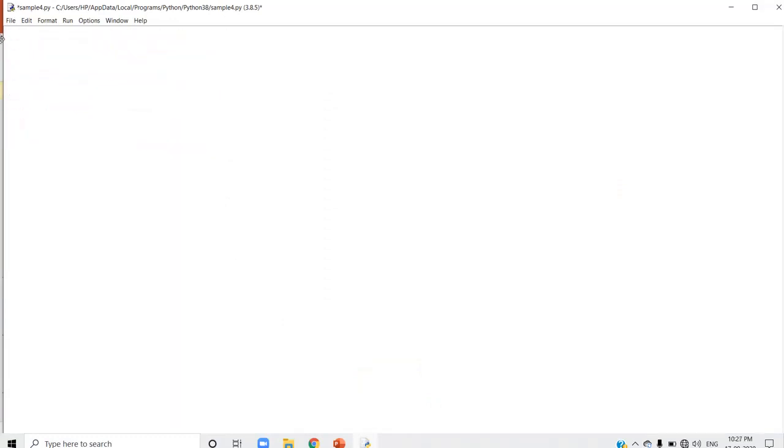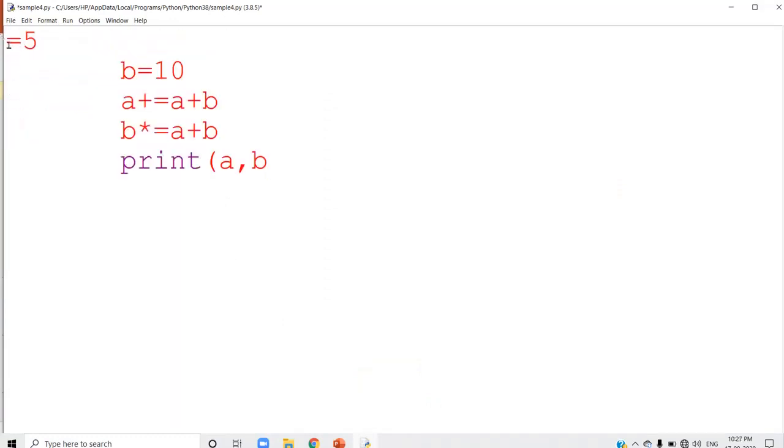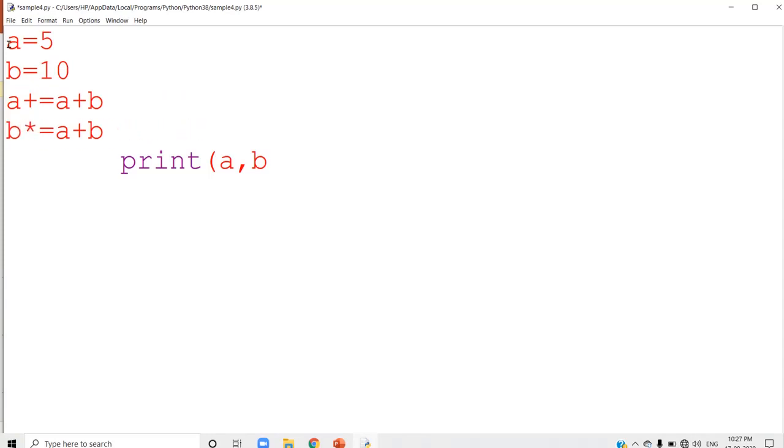You have to use the print statement also. Here a equal to 5, b equal to 10, and here it is a plus equal to a plus b. Here it is b into b. Next is print. See, one more bracket is pending. Put the bracket there.